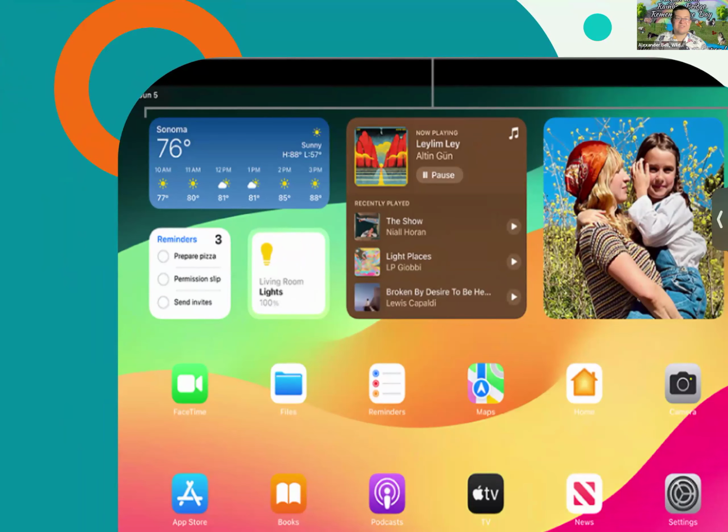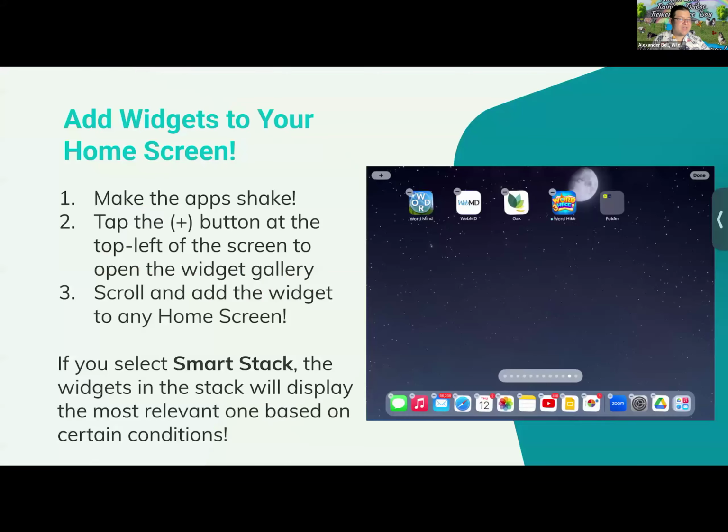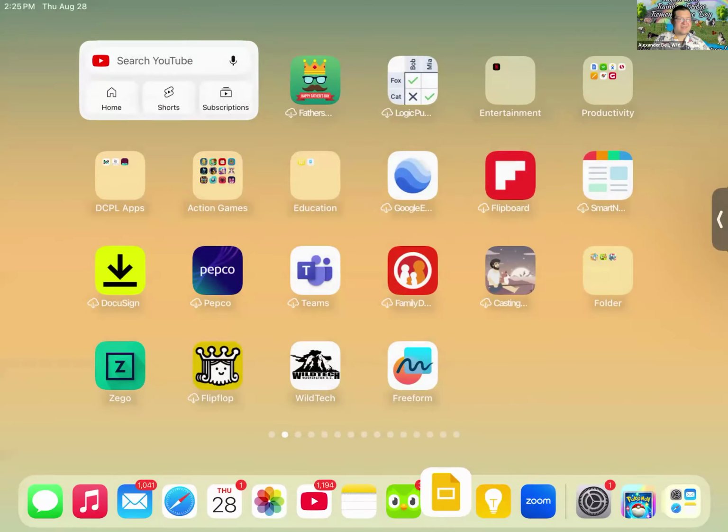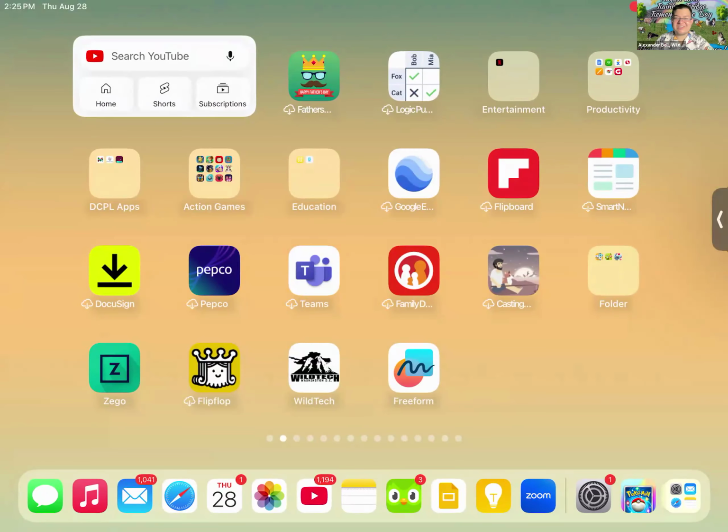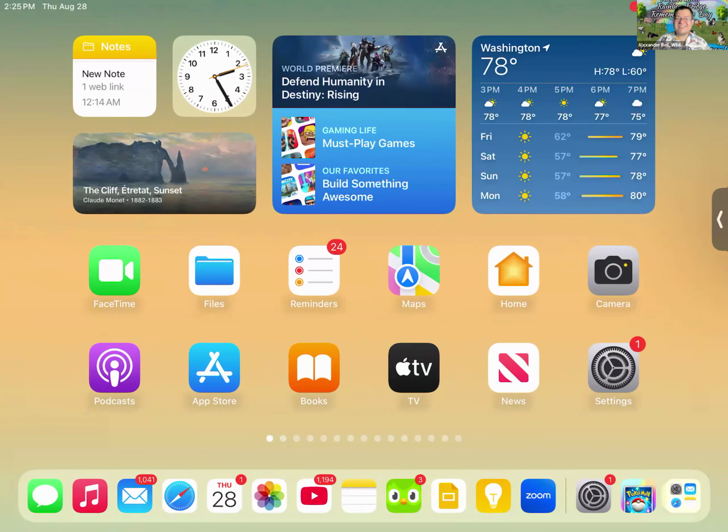So the weather widget takes you, if you tap on it, to the weather app, etc. Okay. If you want to add widgets to your home screen, you do what we did before. You hold, you make the app shake. So you hold any open space and you'll see that add button at the top left and you find what widget. But if you want a smart stack,